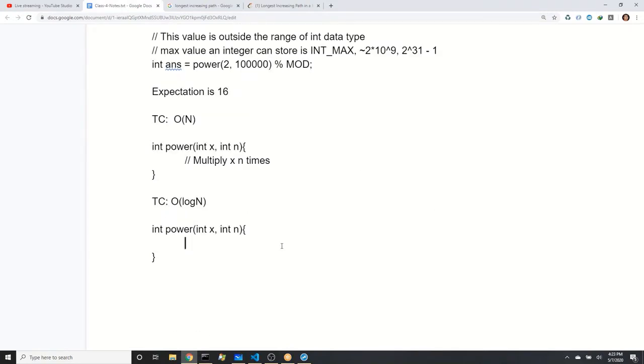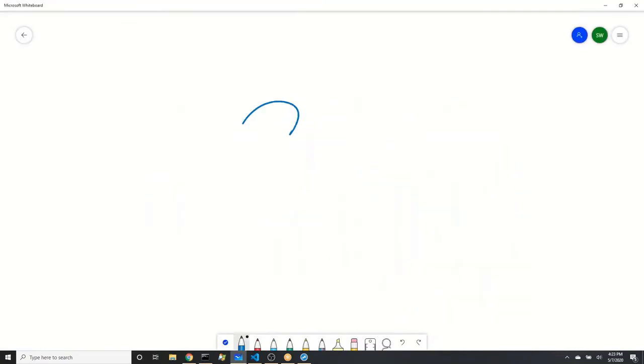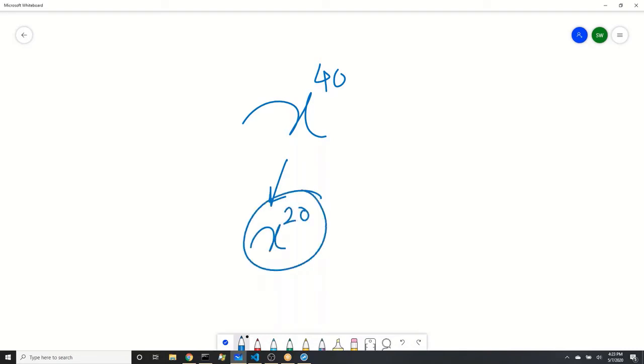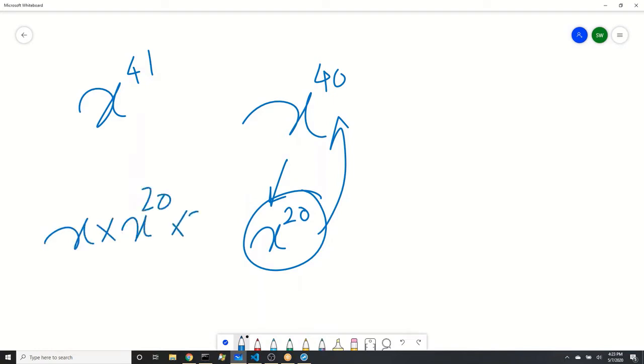So typically we say, if you have to calculate, use the divide and conquer approach. If you have to calculate x to the power 40, and somebody gives you x to the power 20, if the answer for x to the power 20 is known to you, can you calculate x to the power 40? We can do that, right? If half the answer is known, it's just a square of that. But if somebody says calculate x to the power 41, then you will break it into x to the power 20 into x to the power 20. So you will still calculate half the answer, do the square of that, and multiply with x.